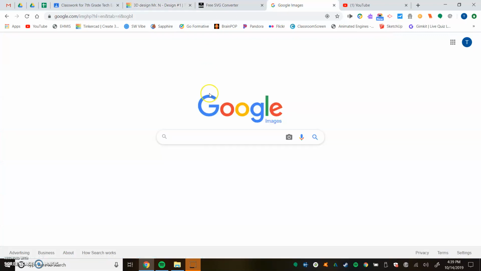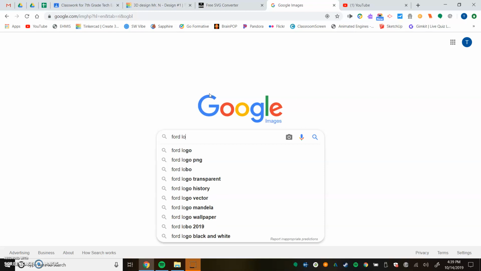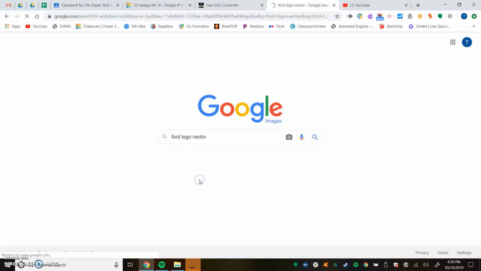We can go to Google Images, and let's say for example, we want to do the Ford logo. Make sure you do something called vector. So it's going to say whatever it is. Like let's say you're a Miami Dolphins fan, or maybe you're a fan of, I don't know, the Baltimore Ravens. You type in Baltimore Ravens logo, and then the word you're looking for is vector. You type those things in,